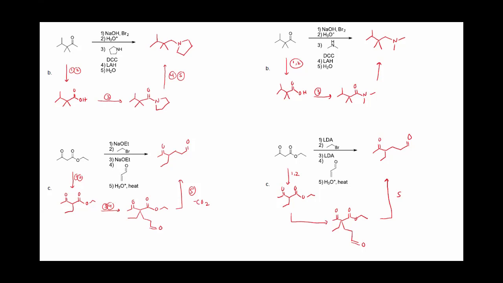The one thing, this is the acetoacetic ester synthesis. So the most acidic proton was this one right here. A lot of you were adding the alkyl groups to the end carbon over here, but it should have been added to the middle. And then in step 4, you would do the addition to the alpha beta unsaturated carbonyl at the 4 position to get the 1,5 diketone or dicarbonyl. Questions on this one?